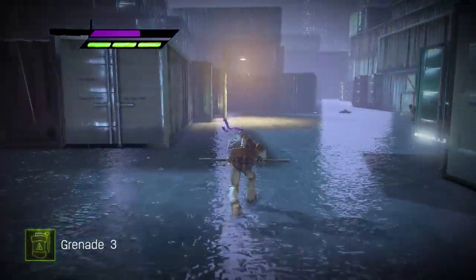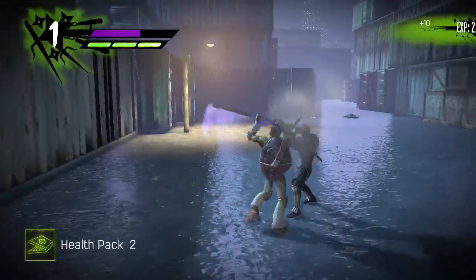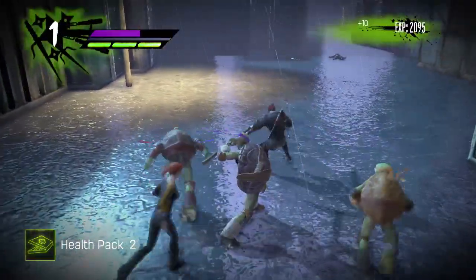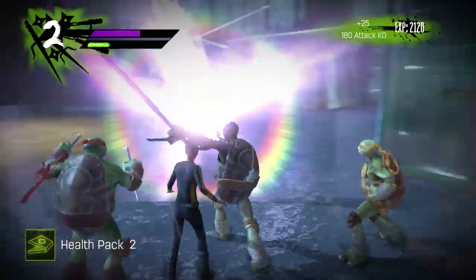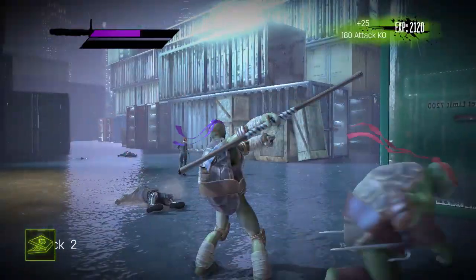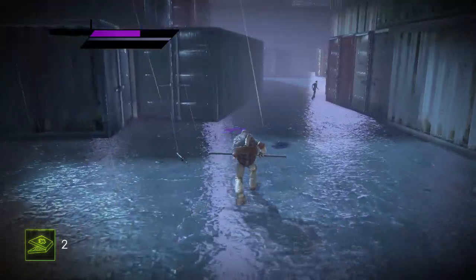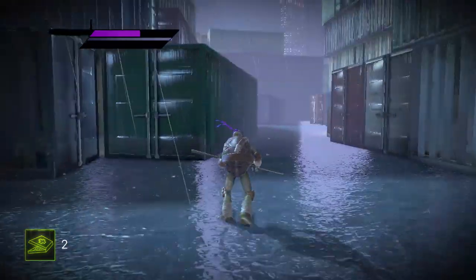Okay. But yeah, there's also this constant sense of not knowing where the hell you're going. Like, it never really tells you, oh, we'll move this way. And again, I'm not a guy that wants a giant yellow arrow pointing everywhere. But you just have no sense of what you're supposed to do. Like right now, you're obviously supposed to follow April. Yeah, but I think...